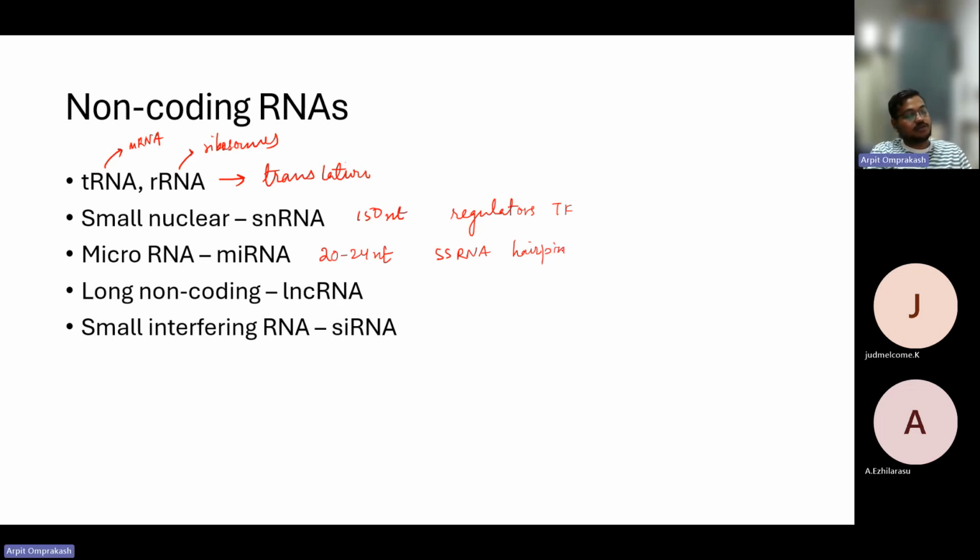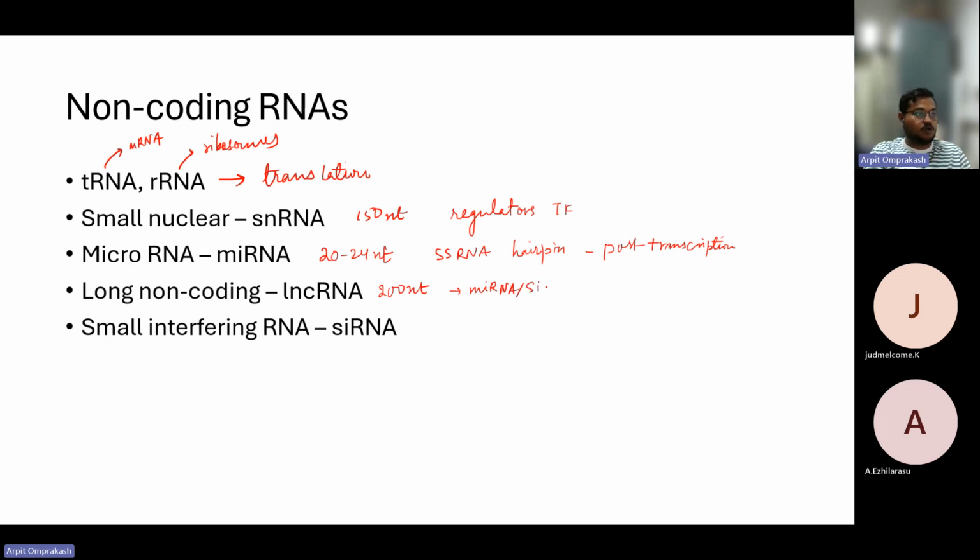They help in post-transcriptional regulation. Then we have long non-coding RNAs, which can be around 200 nucleotides, which regulate microRNA and